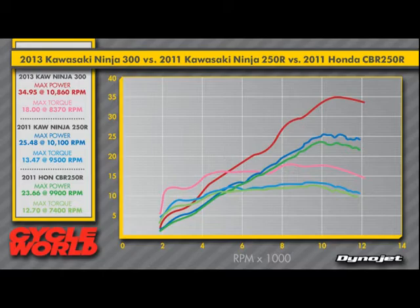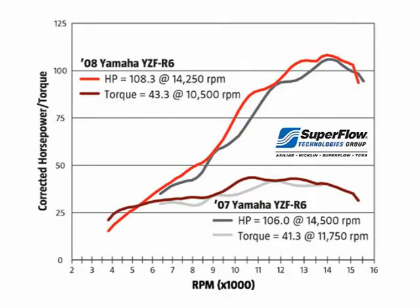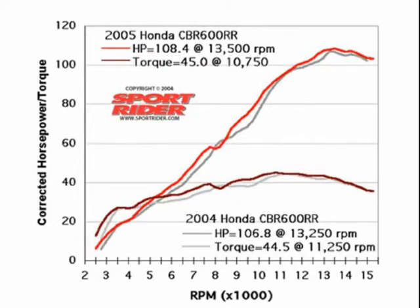This is an R6 chart, and people have been talking about how you shouldn't get an R6 as your first bike, even saying it's too much for a street bike, too much for a sport bike, all that kind of stuff. Notice the peak power is 100 horsepower at about 12,000 RPM. So I put together a section of